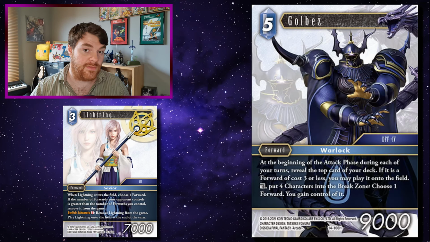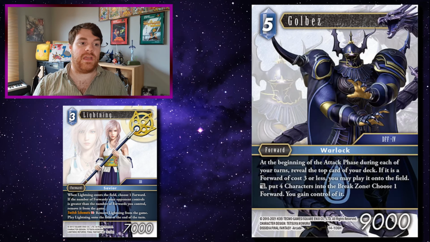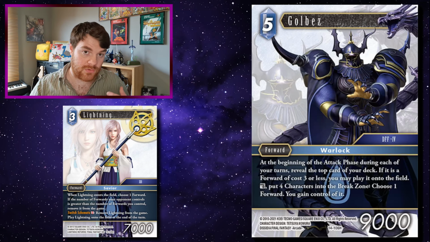Your opponent now has two forwards, you have one, you then play Lightning onto the field and then use Lightning's S, and you get to remove another forward. You've stolen one of their forwards, you've still got Lightning on the field, and you've removed one of their forwards as well. Potentially two. You know, there's just lots of different ways of being able to adjust your own forward count while still being beneficial to you by gaining control of one of their forwards, or ultimately just screwing with